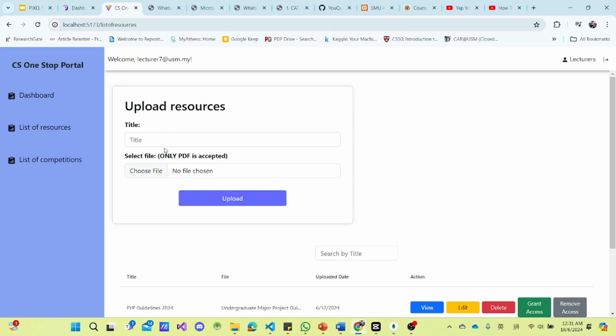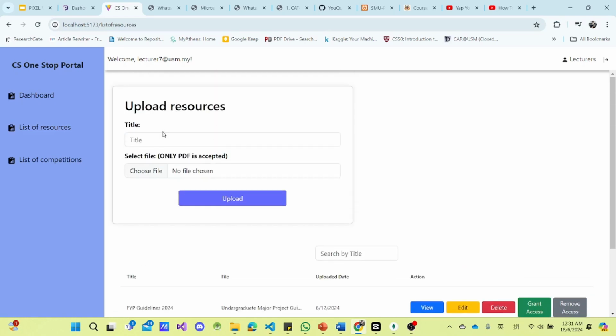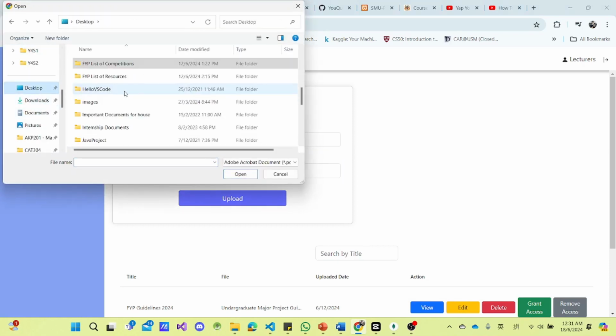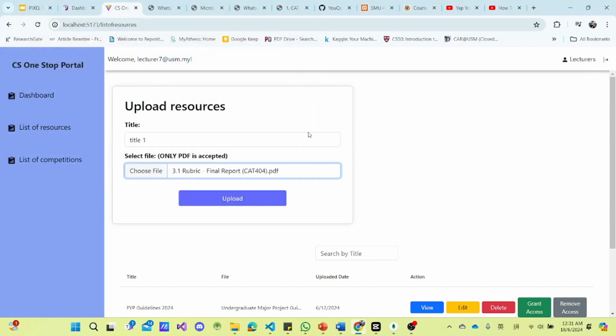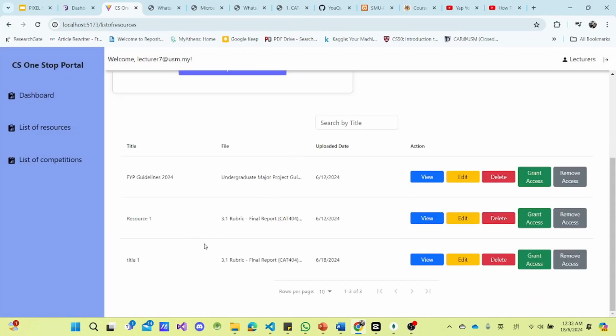By navigating to the list of resources page, the users are able to view the upload resources function here. Whenever they want to upload new resource information, they can enter the new title and then select the file that they wish to upload. So let's say this one. They can click on the upload button, and after they upload the file, it will show a file uploaded successfully message. Then I can click on the OK button, and the newly uploaded data will be displayed in